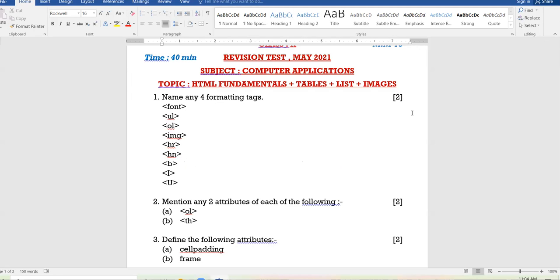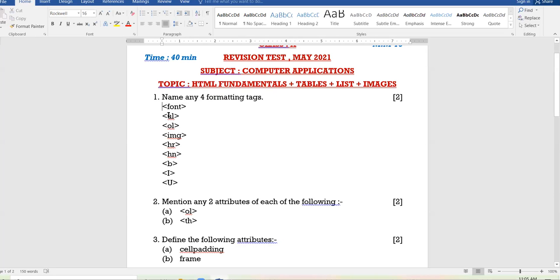All these are your formatting tags. Now, since I have asked you about the tags, it is compulsory to enclose the tag within angle brackets, right?